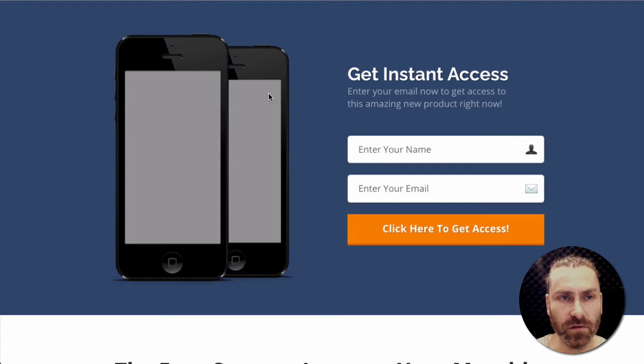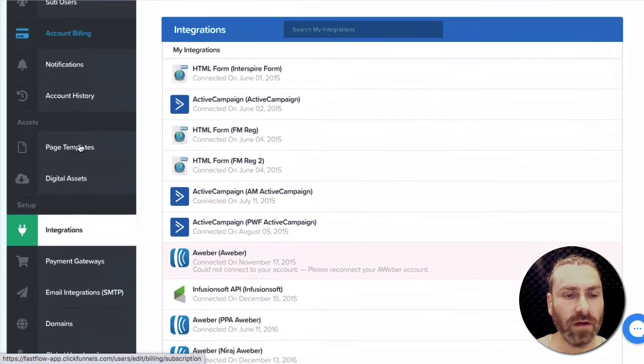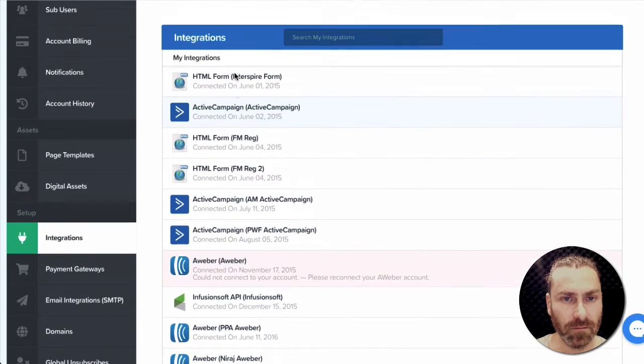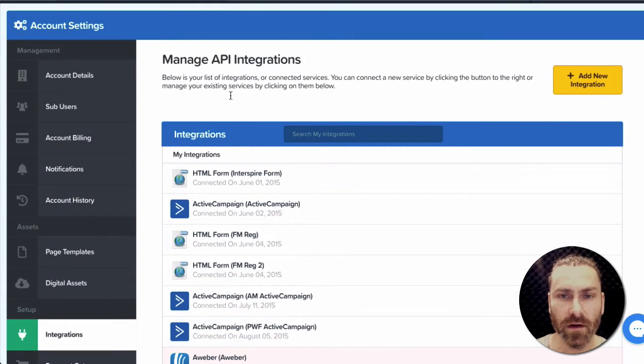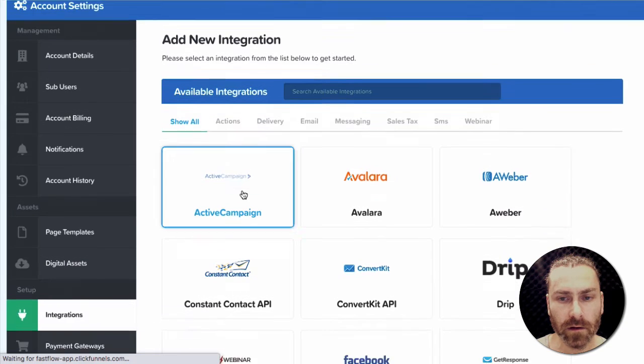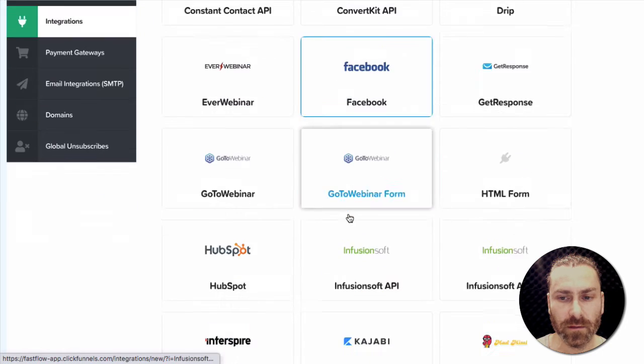So what I'm going to show you first is inside ClickFunnels, when you're setting up your integrations for the autoresponders, so you've got example ActiveCampaign, Aweber, etc. You can add a new integration, which is basically a HTML form. So if you come here, so it's on the integrations in the setup, and you want to choose from one of these. Basically, you want to look for HTML,